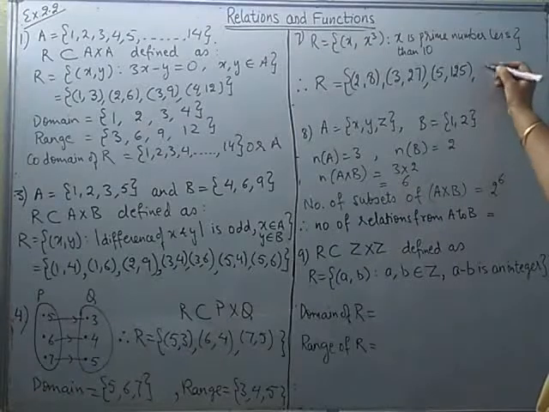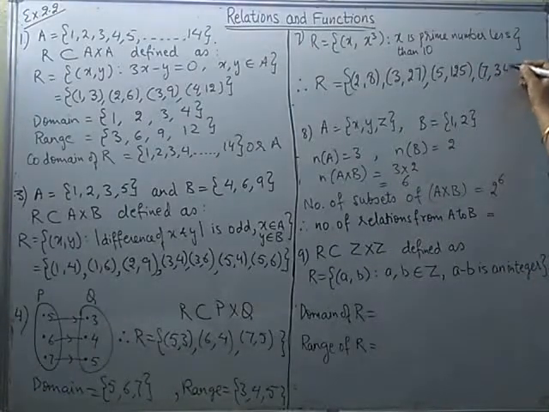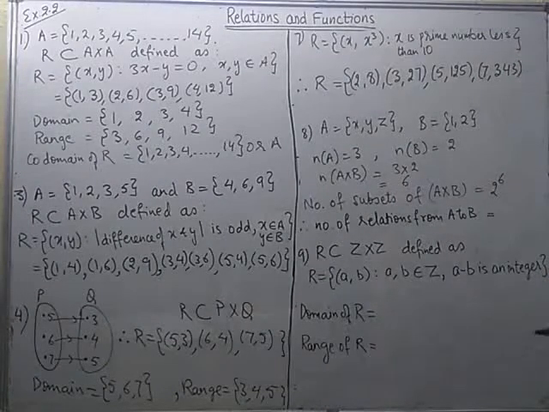Then another prime number can be 7. Cube of which will come out to be 343. We can quickly verify, it will be 49 into 7. Okay, 343 it will be. Next, because we have to take only prime numbers less than 10, so only these many. Fine, students. Okay, look at the next one and see how it can be attempted.